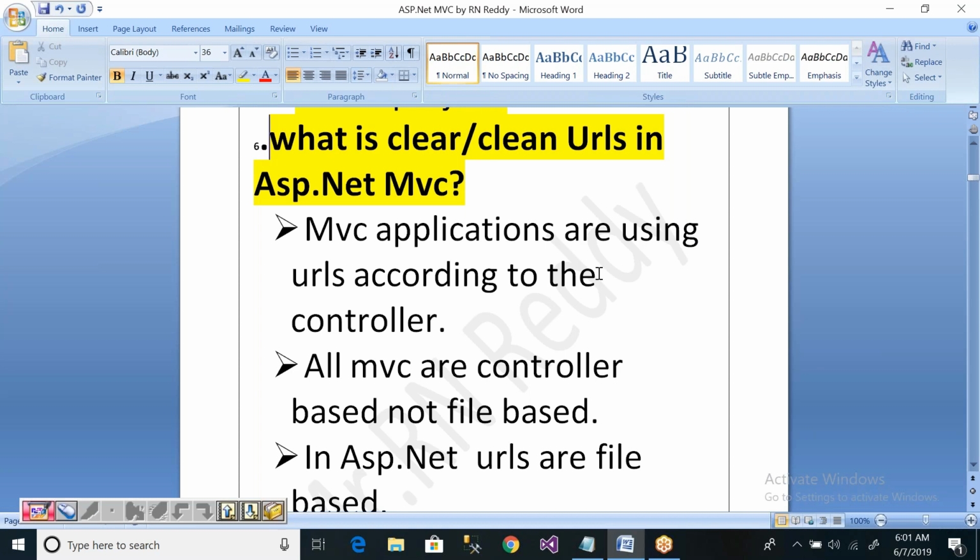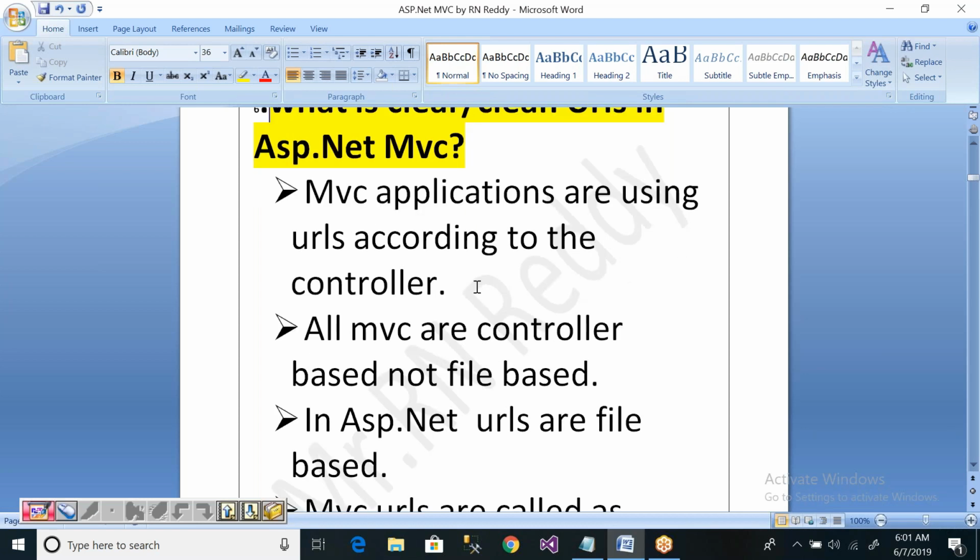Compared with ASP.NET, ASP.NET MVC URLs are clear and clean. What is that? I'll show you practically also. MVC applications use URLs according to the controller.